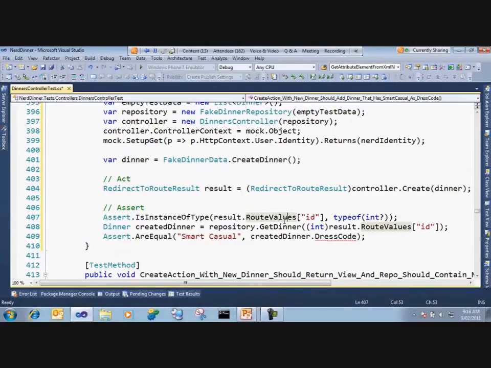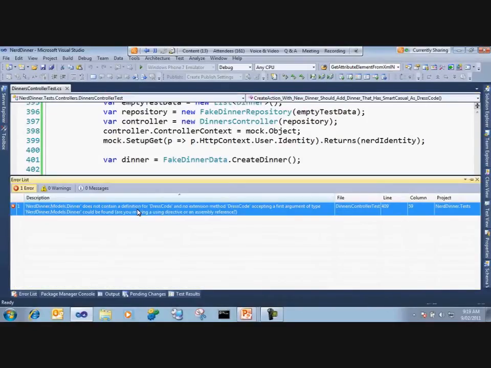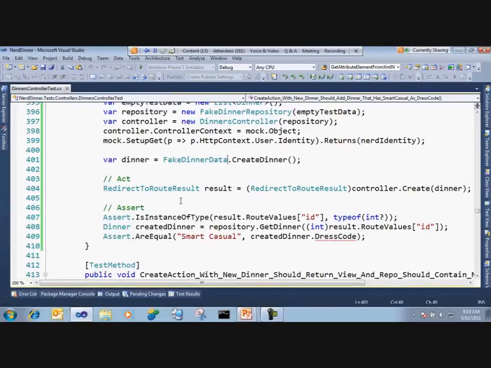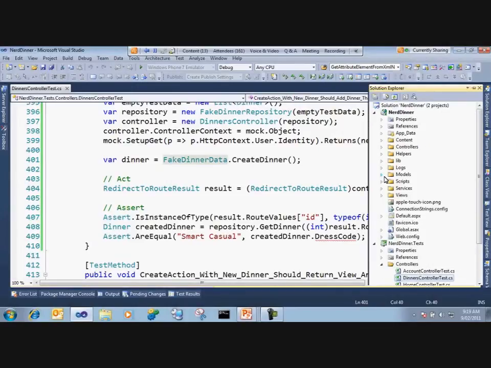Now, if I try to compile this code now, it will actually fail. So the first step in any TDD process is actually getting your code to not compile, is what it comes down to. And the reason it's not compiling is because the Nerd Dinner model for dinner doesn't actually have a property called dress code. Now this application uses the ADO.NET Entity Framework, and if I go into Nerd Dinner here and I look at the model, you can see that there's a dinner class here, but it's actually a partial class. It's getting most of its implementation from the Nerd Dinner EDMX file. So if I open that up,